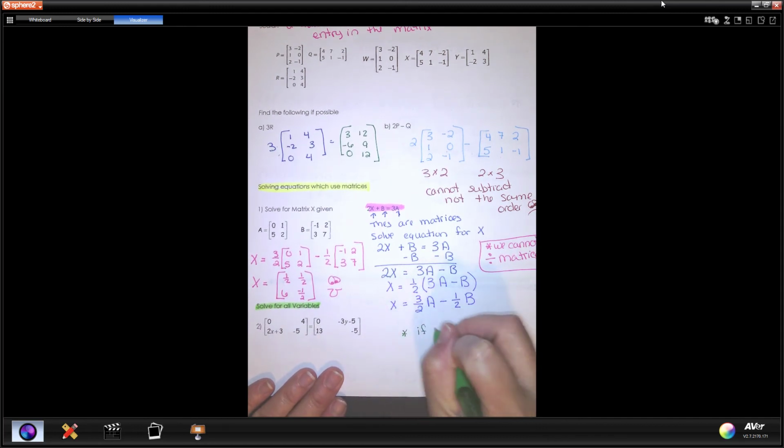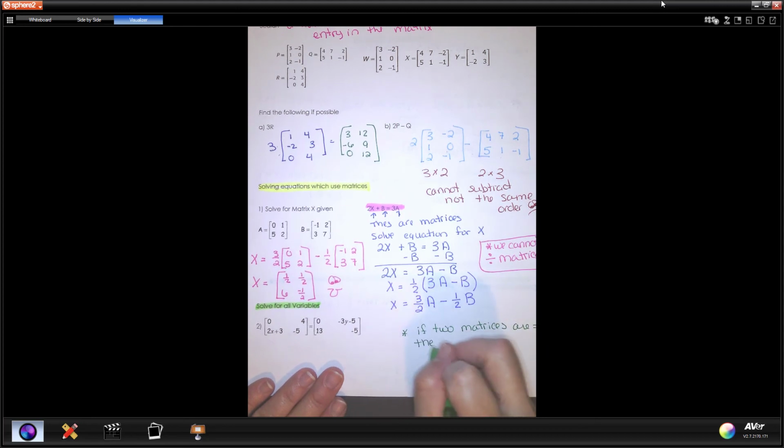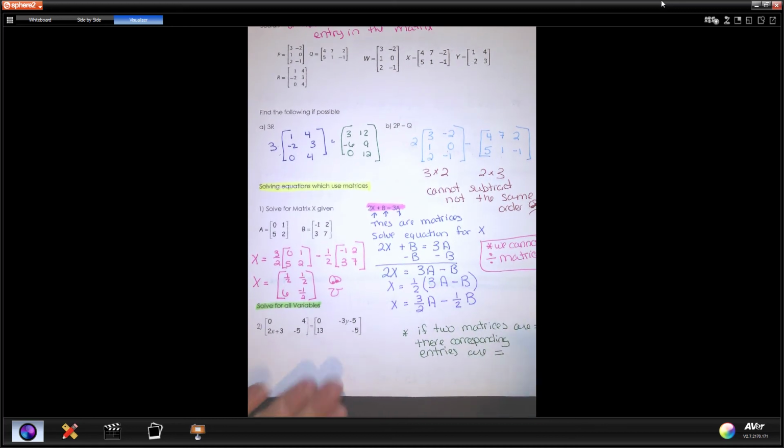So if two matrices are equal, their corresponding entries are equal. So that means, notice here, that 0 amazingly is equal to 0. Big shock. That also then tells us